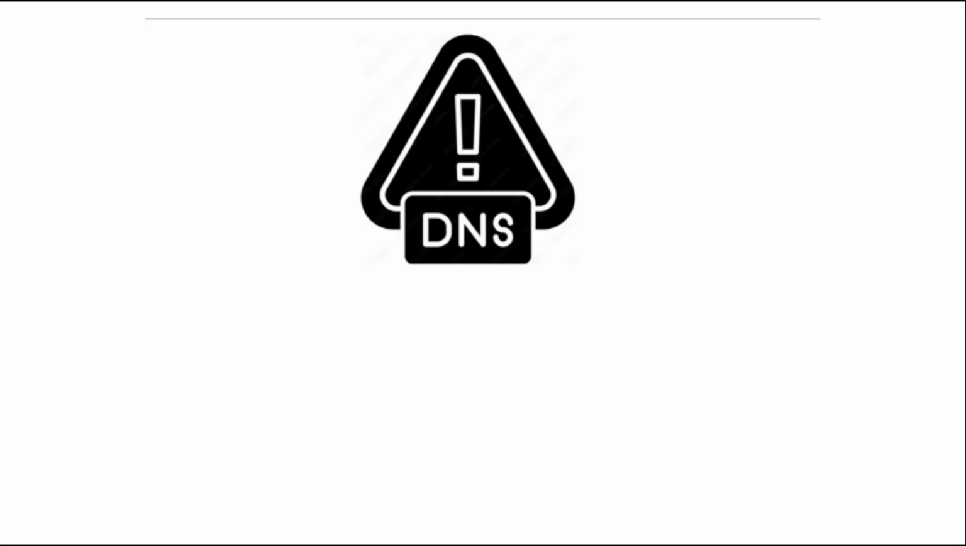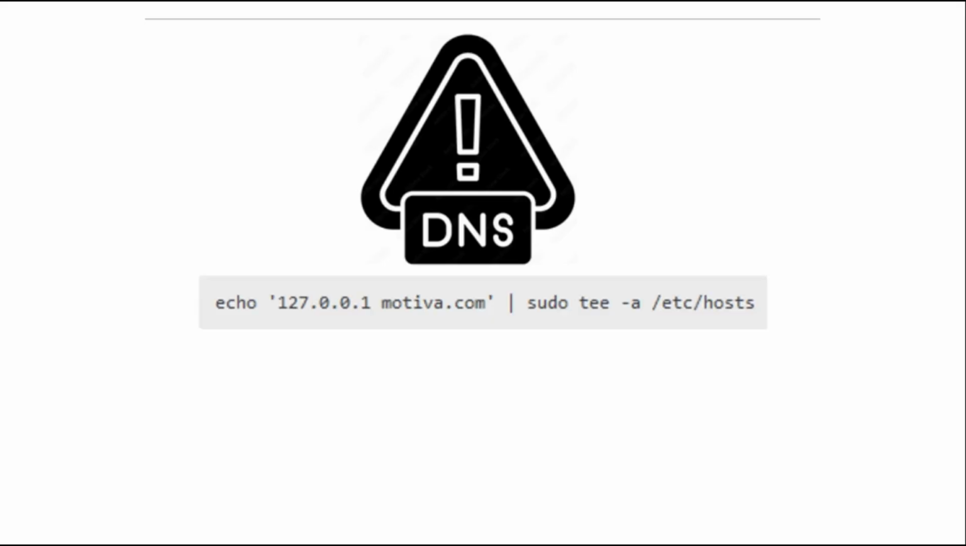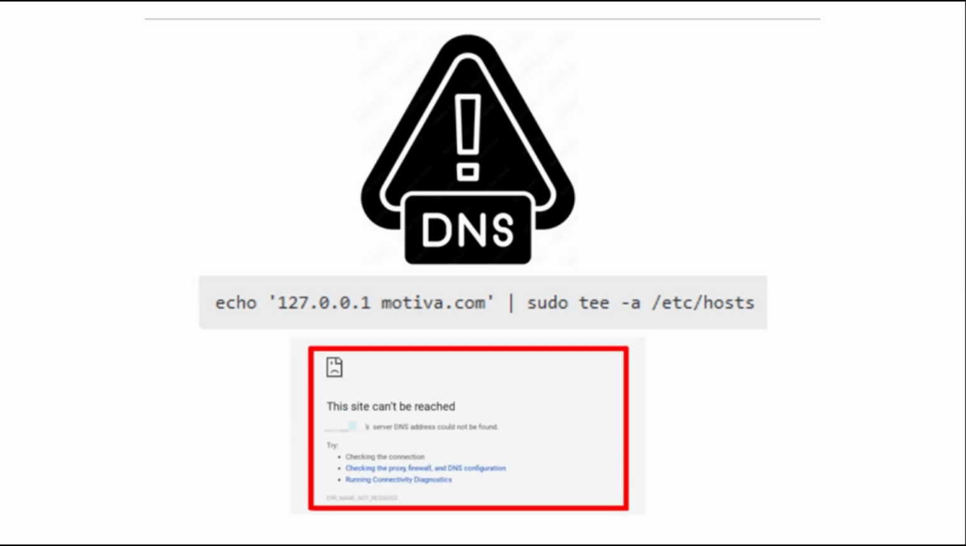Next is simulating DNS failures. We'll modify the hosts file in the etc directory to simulate DNS resolution issues by redirecting a domain to localhost. Trying to access motiva.com in this example will resolve to localhost, effectively breaking its intended functionality. To analyze how these failures impact our applications,